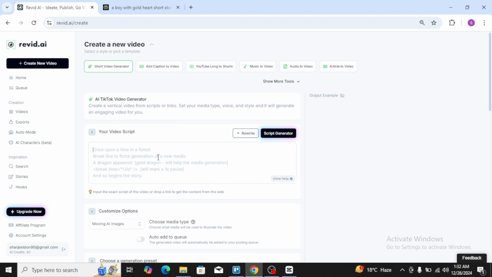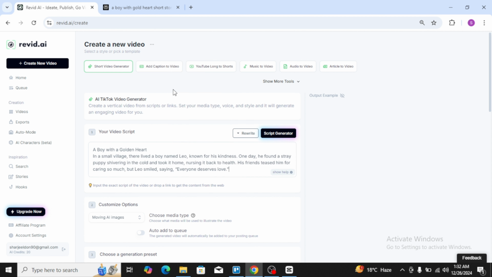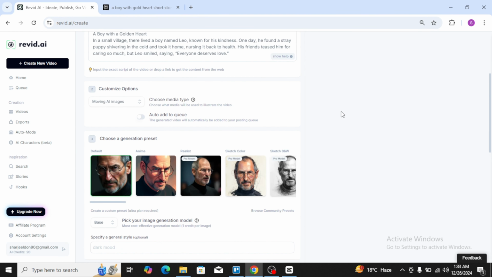if you have one. If you don't have one, you can use ChatGPT or Perplexity websites to generate a short video script. I will just paste it here, and the next step is you scroll down a little bit. From here is the customize option. You can choose your own media, or you can use the AI images which are built into Revid.ai. If you want to add your own media,